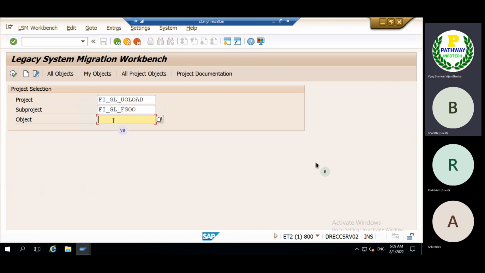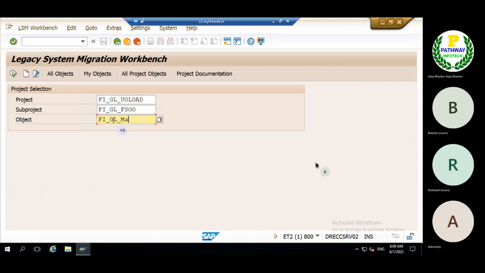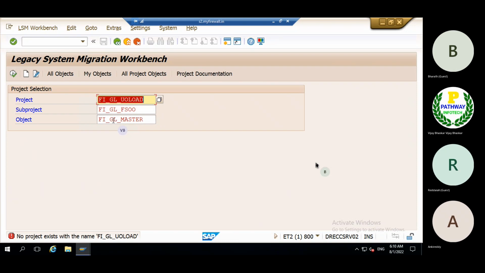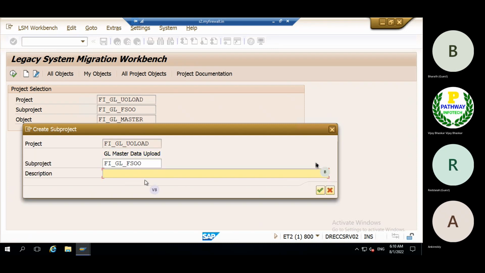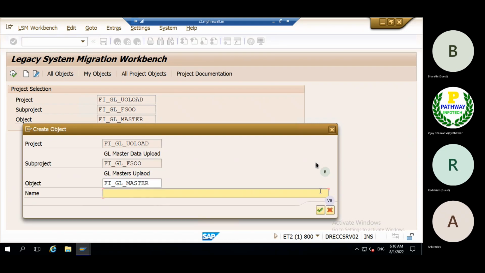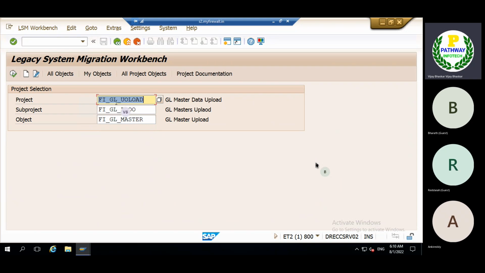There is no standard, remember. So I have created the project, sub project and object.